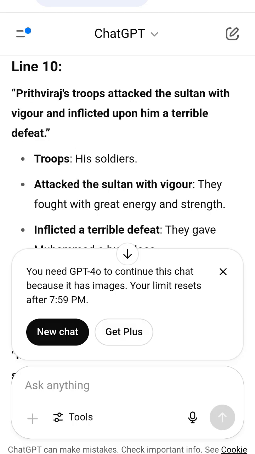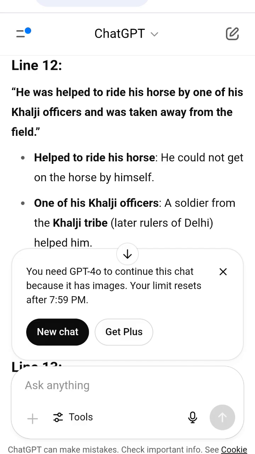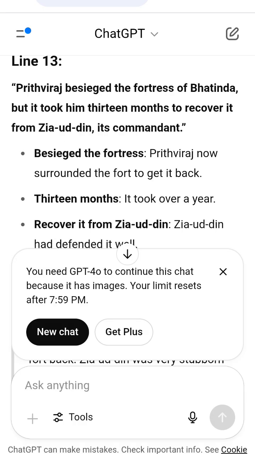The battle. What happened? Prithviraj's army attacked Muhammad's forces fiercely. Muhammad of Ghur was badly wounded in the fight. A brave soldier from Muhammad's side, a Khalji officer, lifted him onto a horse and helped him escape the battlefield. Muhammad's army lost the battle very badly. This was a great victory for Prithviraj Chauhan